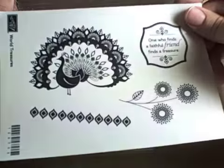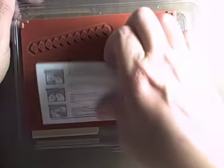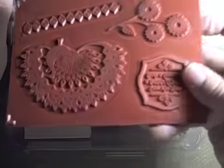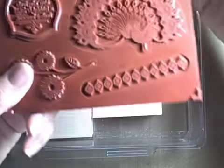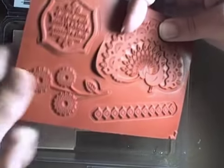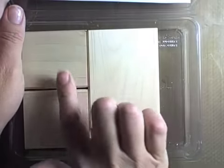Some wood-mounted stamp sets will come with a sticker sheet, they'll come with instructions, and they'll come with a die-cut sheet of rubber with your images attached to it. And they'll also come with a coordinating amount of wooden blocks. Some manufacturers